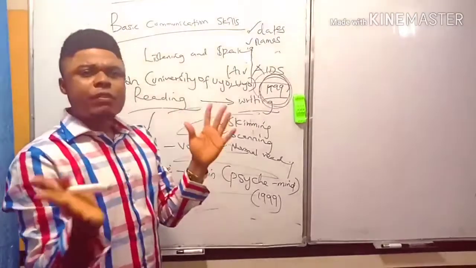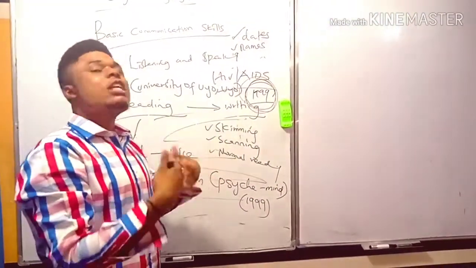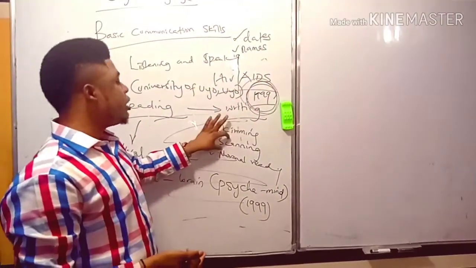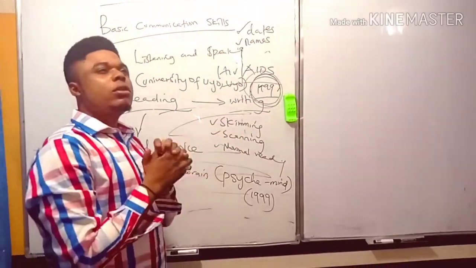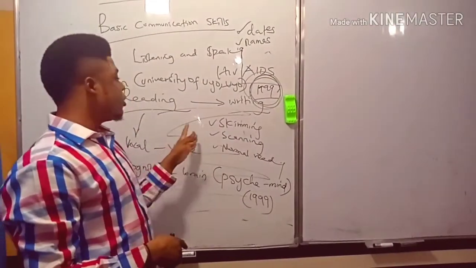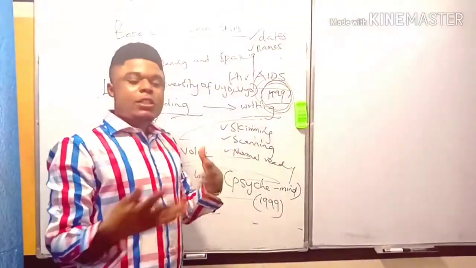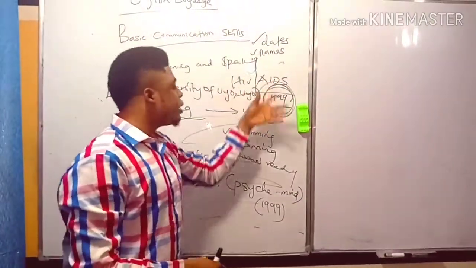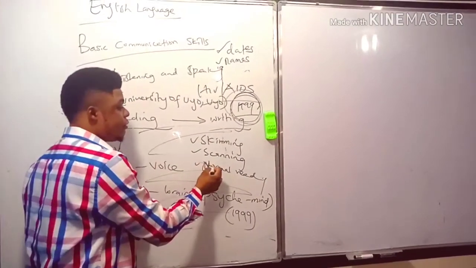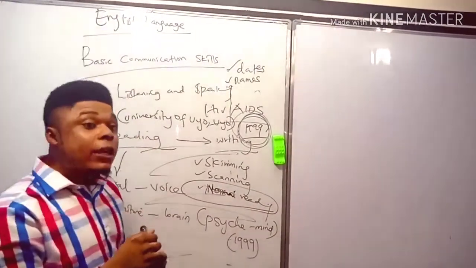So maybe because you don't have enough time to read using the normal reading technique, you just have to scan very quickly. Scanning is as important as skimming, but scanning is not really advisable for learners of English language, because when you scan, some ideas are lost. Obviously, some of the ideas are lost, and you don't get all of the points. You're only scanning for dates, names, and essentials.